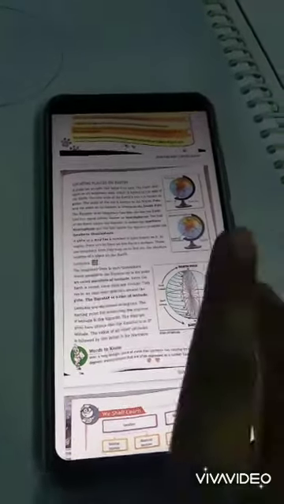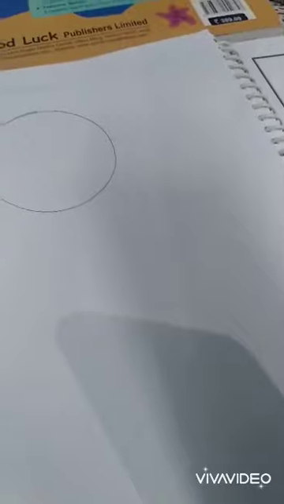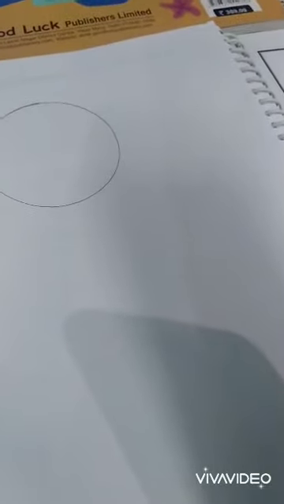A globe has an axle that helps it to spin. The earth also spins on an imaginary axle, which is known as the axis of the earth. The two ends of the earth's axis are known as poles. The point at the top is known as the North Pole and the point at the bottom is known as the South Pole. The equator is an imaginary line that divides the earth into two equal halves known as hemispheres.